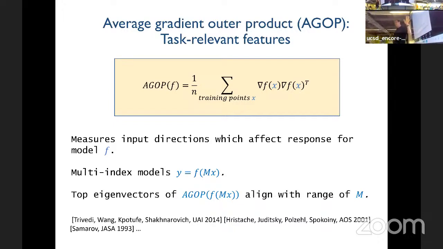If you think about what it does, it's not completely obvious, but once you think about it, it becomes clear: this matrix measures input directions which affect the response of model f. In particular, the top eigenvectors of this matrix are those directions such that if you change your input in this direction, the response will on average change the most. If you have a direction such that the AGOP matrix times that direction is equal to 0, that direction will not affect the response. That's what I mean by feature learning. If this matrix is low rank, then the null space of this matrix doesn't affect the response. In particular, suppose y equals f of Mx, where M is, say, a rank 2 matrix. Then you can see that the span of the top two eigenvectors of the AGOP will be the same as the span of